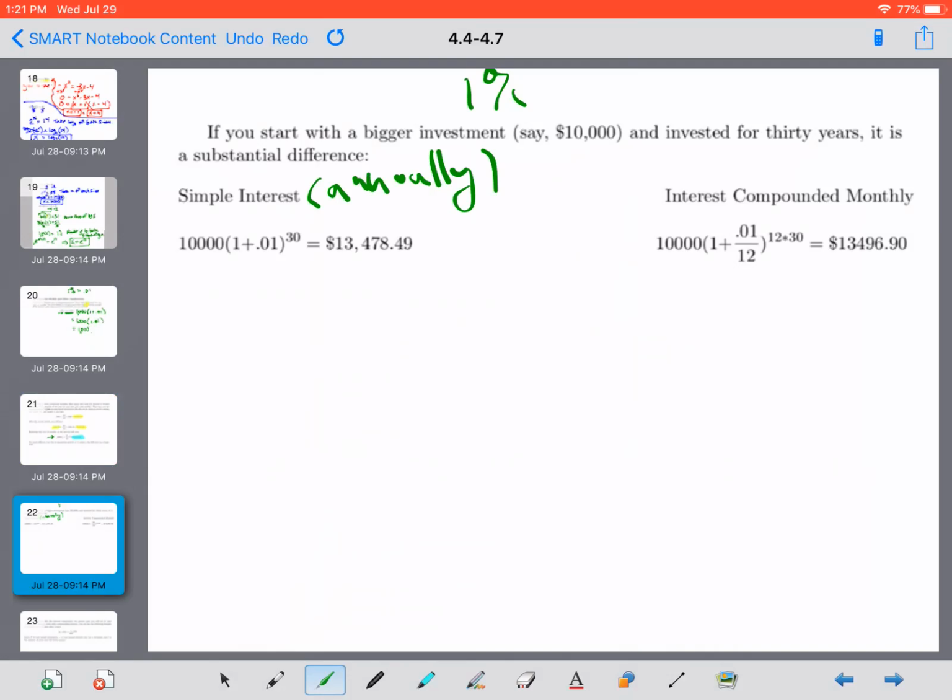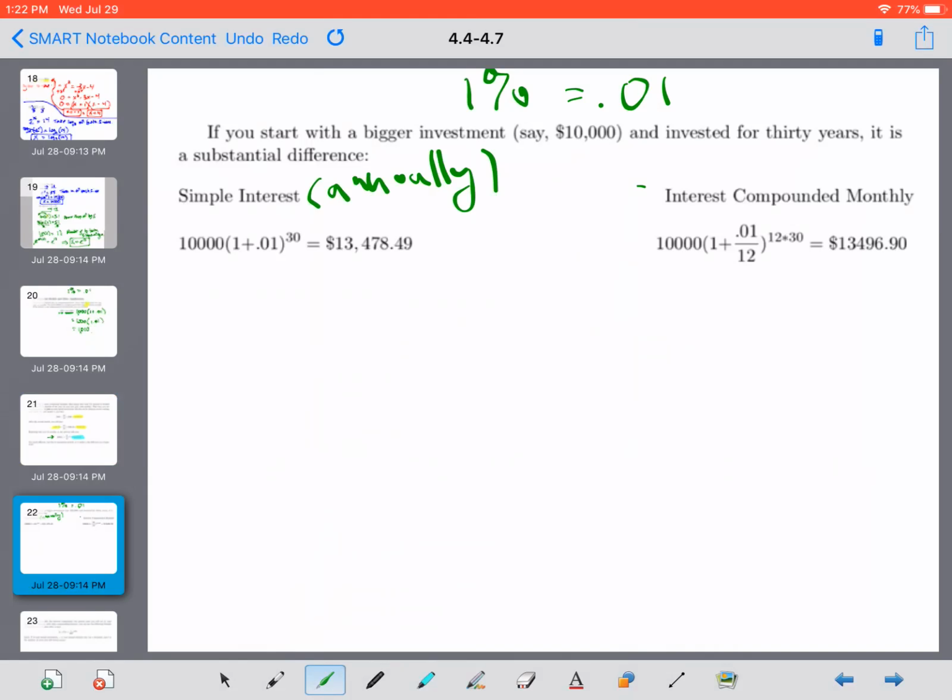Right, remember, 1% interest rate corresponds to the decimal 0.01. Raised to the 30th power, because it's 30 times that this interest is going to compound. And you end up with $13,478.49. But if you compound monthly, if you divide up that 1% interest over the 12 months of the year and you compound it 12 times, then over your 30 years, you're going to earn that $10,000 times 1 plus